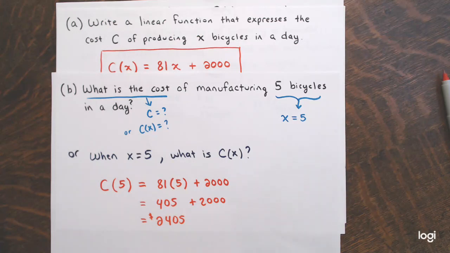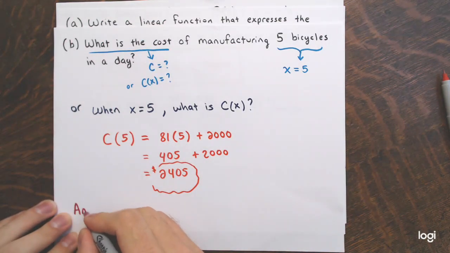Great, and now I'll bubble it here, but this is not how I'm going to answer the question. I've said this in other videos, if you've been watching, on word problems, application problems. When you're asked a question in a word problem, you should answer in complete sentences and have units on your numbers so that they have meaning. So the question was, what is the cost of manufacturing 5 bicycles in a day? The way I would answer that question